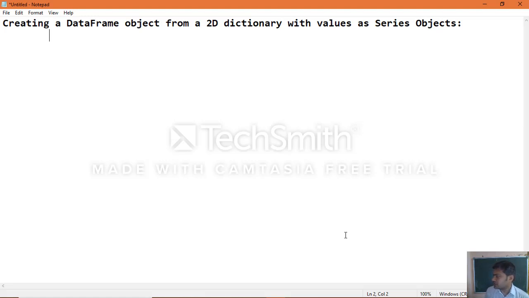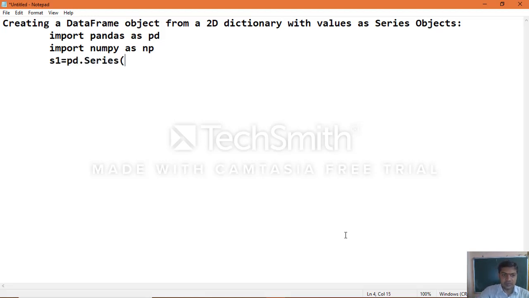First example: you must import pandas as pd, then import numpy as np, and create the series objects first. s1 equal to pd dot Series of 1 comma 2 comma 3, and index equal to a comma b comma c.